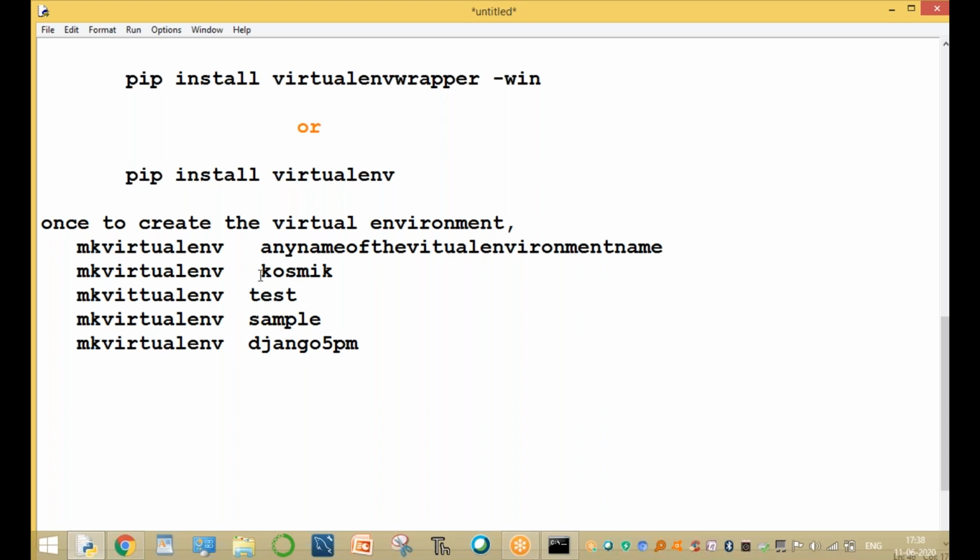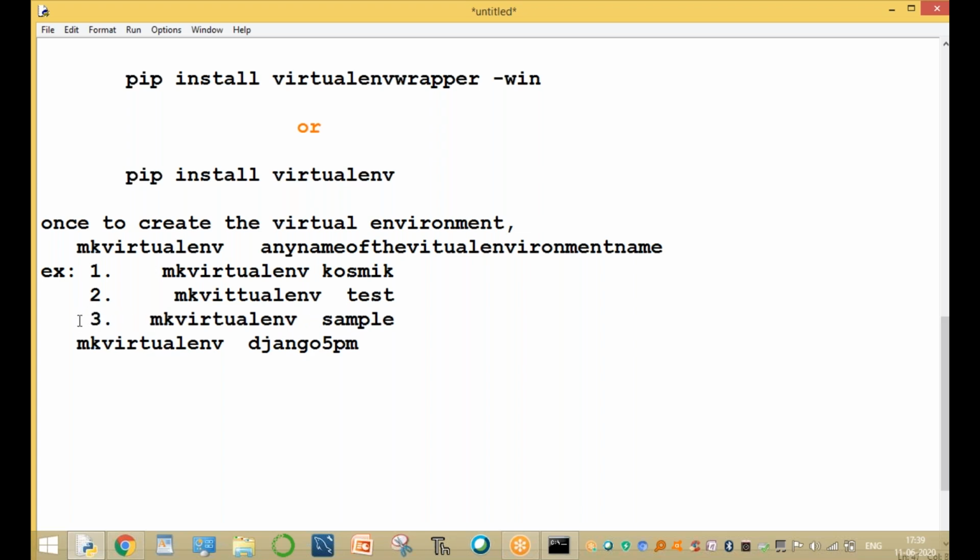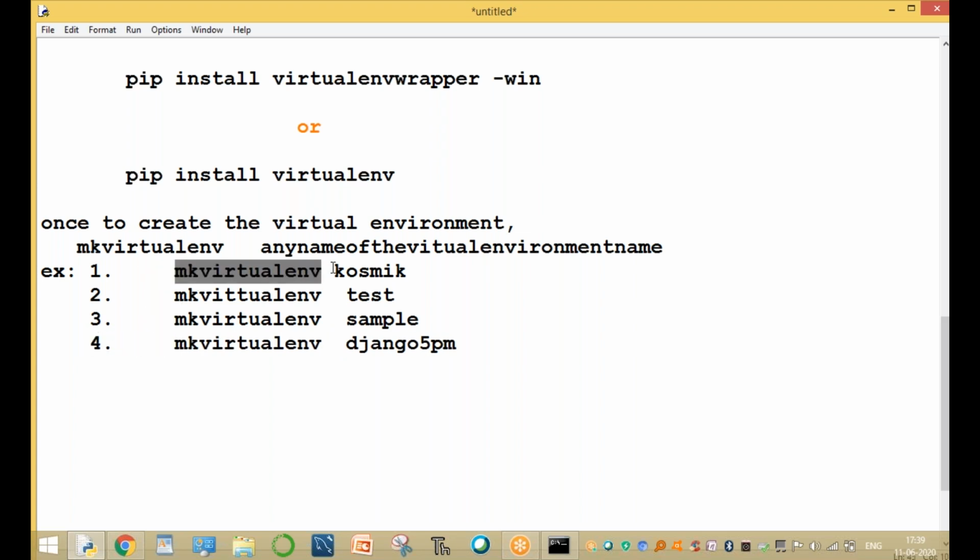Any name, not only a particular name. For example, different examples: one for virtualenv cosmic and another for virtualenv test, any name, you can use your own name also. Another is virtualenv sample, and another is mkvirtualenv, make the virtualenv; the name is either cosmic or test or sample or Django 5 PM batch, any name.